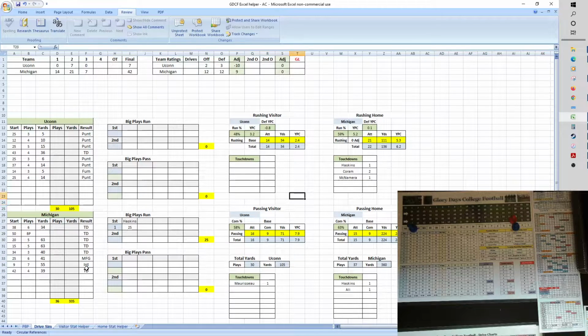And over here in the rushing column, I should just tab because I have the cells protected. Or just click on it. His 2nd touchdown rushing and extra point